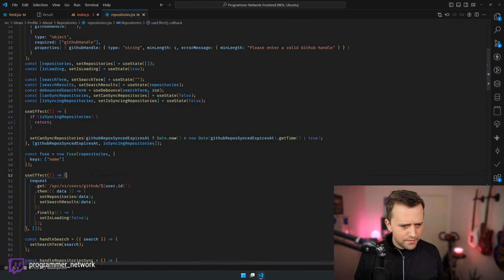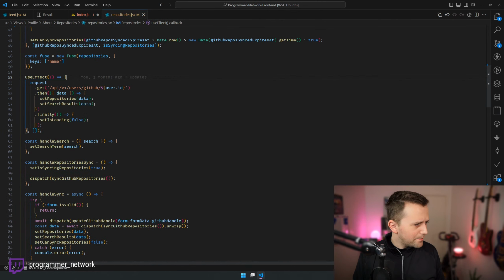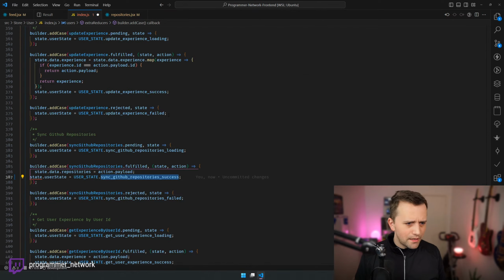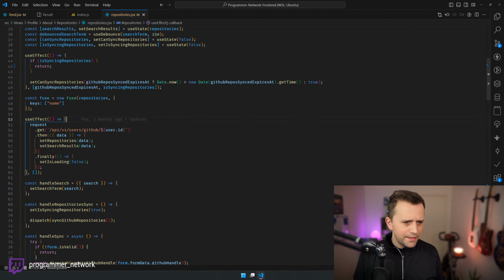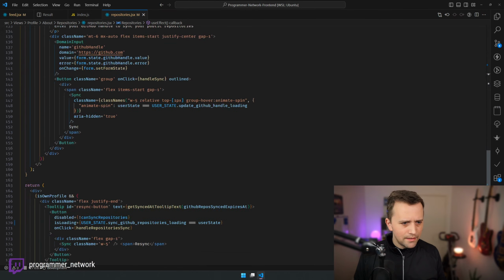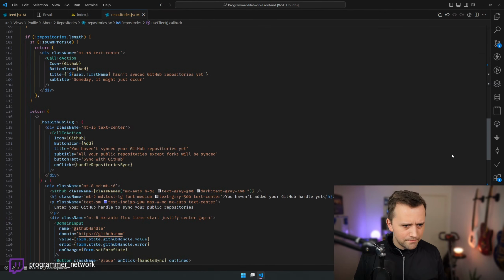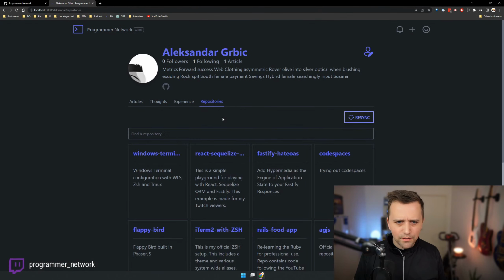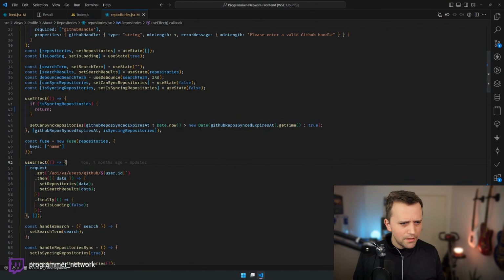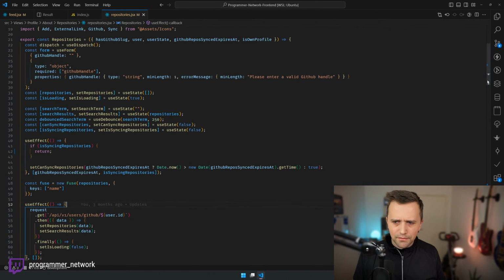All right, let me just, yeah, this is so messed up. Some of the stuff is handled in Redux, right? Some of the stuff is handled locally, so it's really annoying. Why are we even doing anything in Redux here is the question.